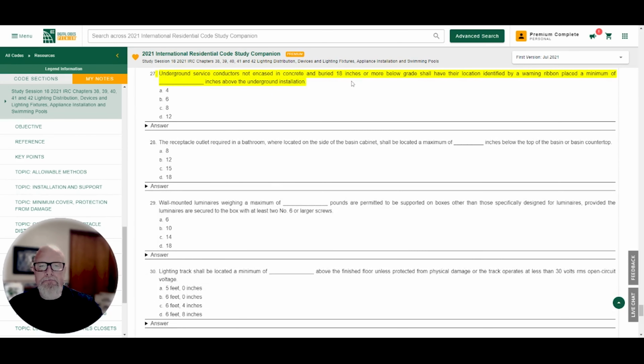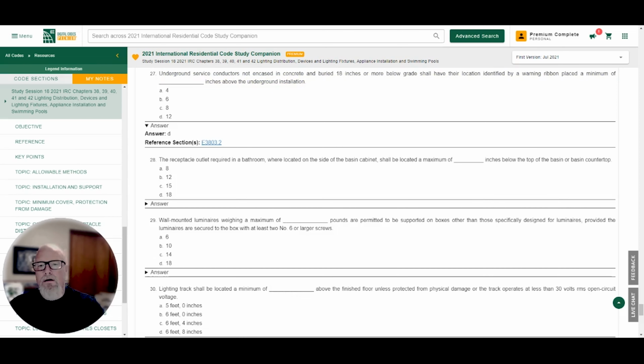Number 27. Underground service conductors not encased in concrete and buried 18 inches or more below grade shall have their location identified by a warning ribbon placed a minimum of how many inches above the underground installation? Is it 4 inches, 6 inches, 8 inches, or 12 inches? Our answer is D, 12 inches above the underground installation. Find that in section E